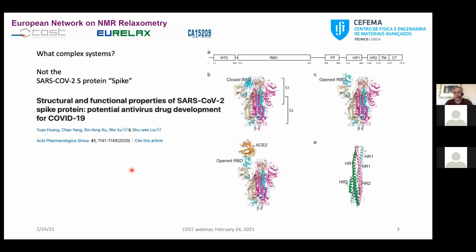Obviously, I will not be speaking about a complex system like COVID or proteins, like the SARS-CoV-2 S protein, the spike that is affecting all of us and has a huge, dramatic importance in the way we live today. But in any case, if we think of this protein, it's made of carbons, hydrogens, nitrogen, and other basic elements,